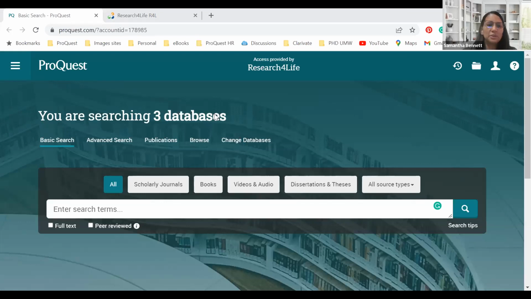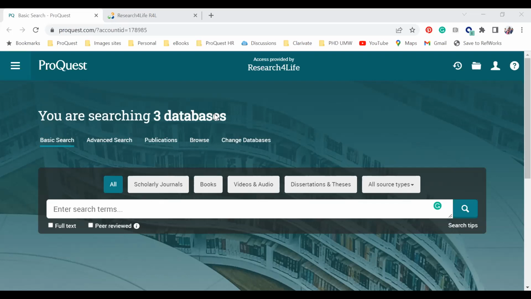Great. Mercy, you raised your hand. Would you like to add something to that comment, please? Yes, I wanted to add to that answer. As Sanjay has clearly said, the 95 countries that are eligible for Research for Life can access the ProQuest database through the database tab on the Research for Life website. I think, Samantha, you are going to show them how they can get to the databases.